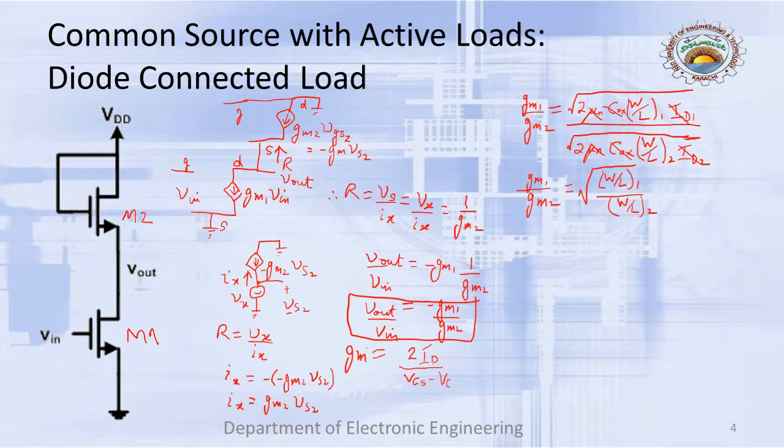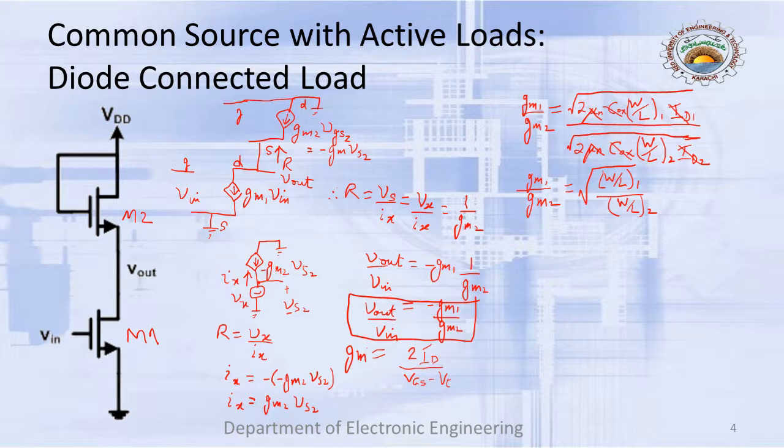And we know that ID is equal to half mu n Cox W by L VGS minus VT the whole square. So if we look at gm1 over gm2 and substitute the respective values of ID and VGS into it, what we will get is in terms of ID and I1,